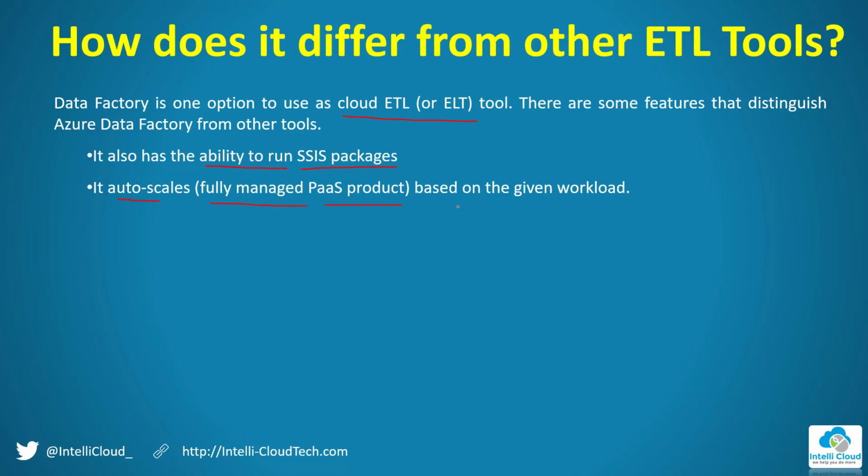As I explained, if you want to scale up to transfer a million records in 1 minute, we can automatically scale up. Suppose after the 1 million records integration is completed, it automatically scales down. As you said, it auto scales based on the given workload. Next one, it allows runs up to once per minute. One advantage is that we can schedule this Azure Data Factory run per minute or per hour based on our requirement, or by using third-party APIs, we can call Azure Data Factory and run it on demand.